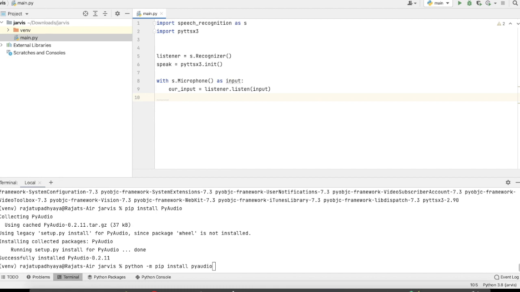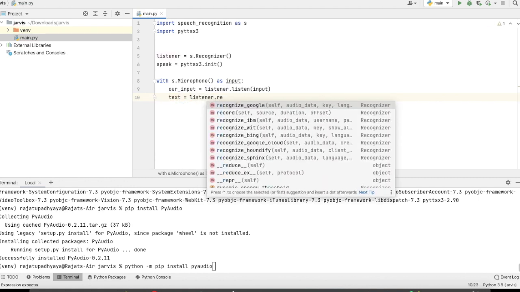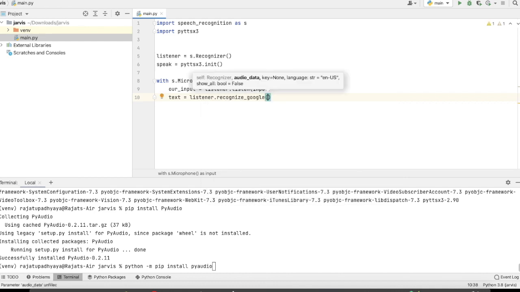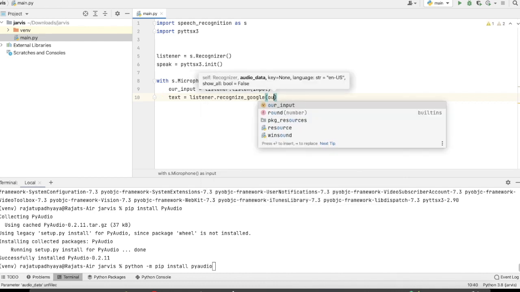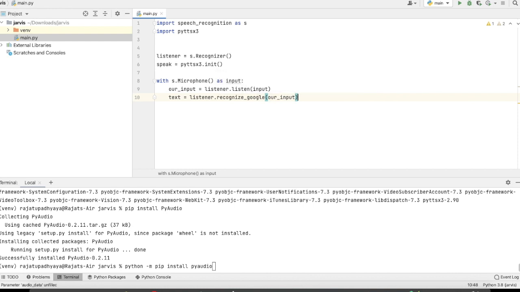Now in the next line we have to convert our voice into text, and we will store that text in one variable. So I am creating a variable called text equal to listener dot recognize Google, and here we pass our input, which is our voice.